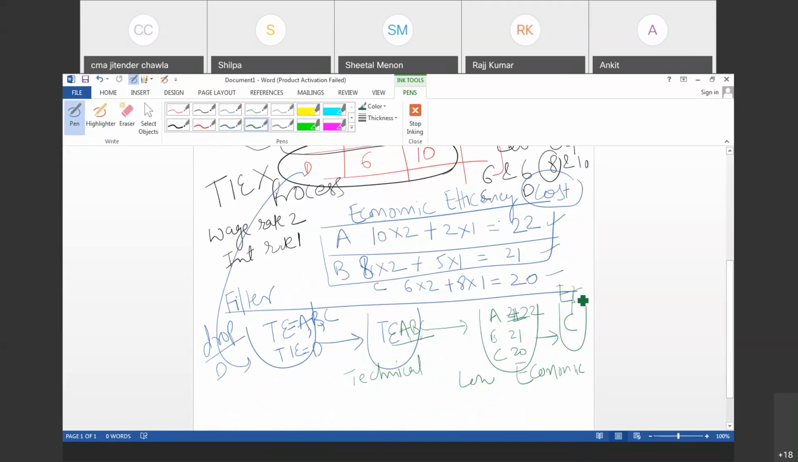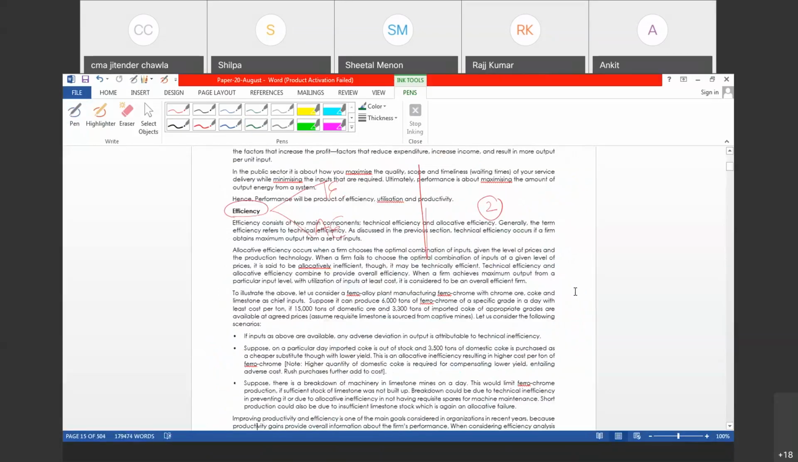Right. So coming back to my concept again, I think I made my sense clear. What do you mean by economic efficiency and technical efficiency? Am I allowed to move forward? Okay. Next one,